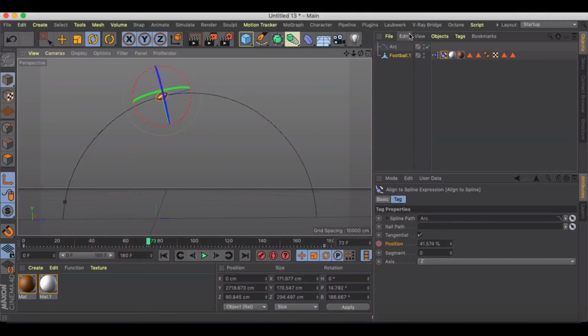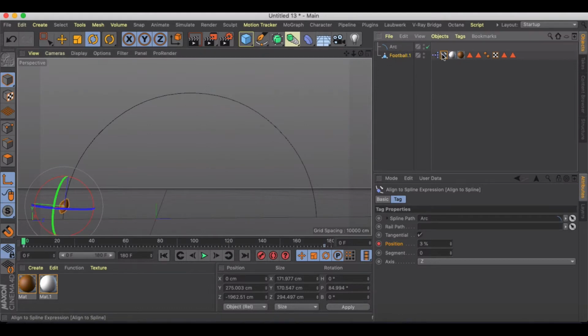Welcome to another Cinema 4D tutorial. This one I'm just going to show you how we can get this football spiral bomb animation, a realistic looking Hail Mary pass through the air. The ball's traveling both on a spline and it's rotating as it goes. So it's not quite as straightforward as it would look, but let's go ahead and start